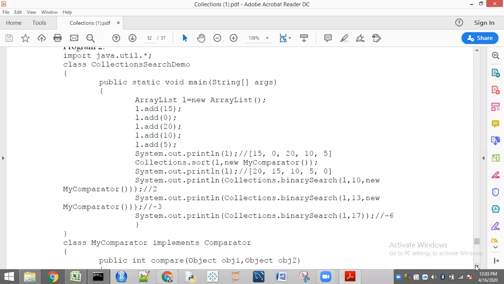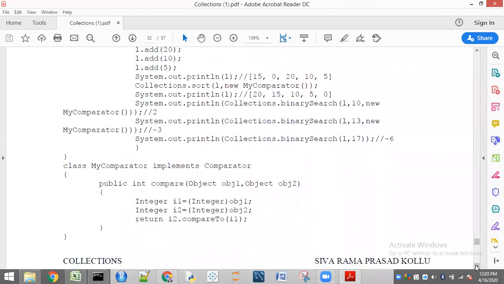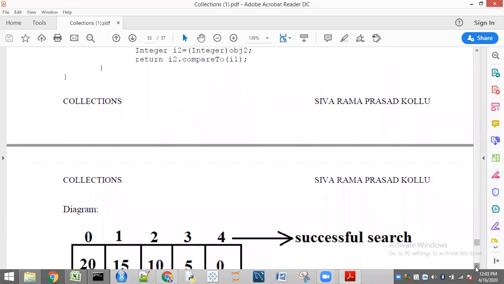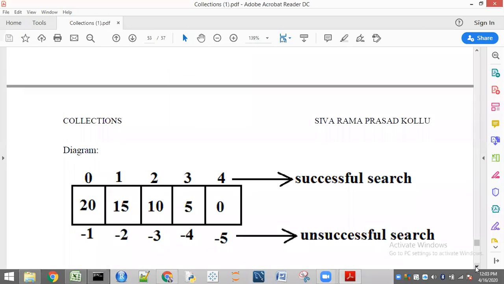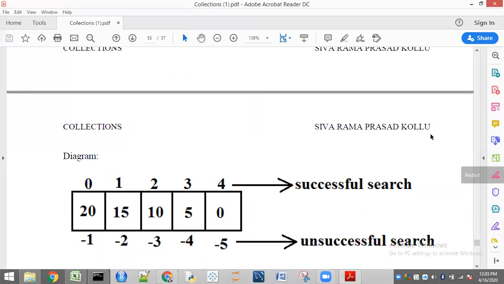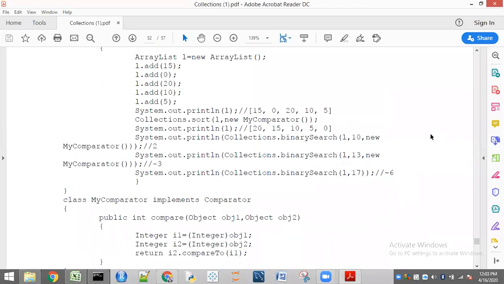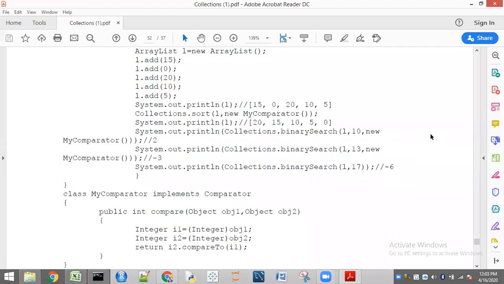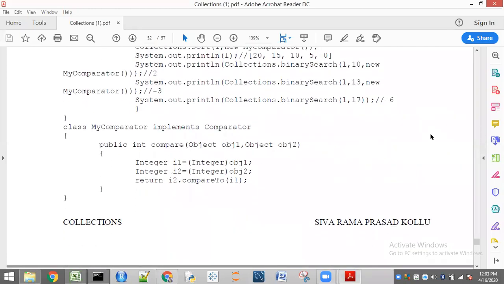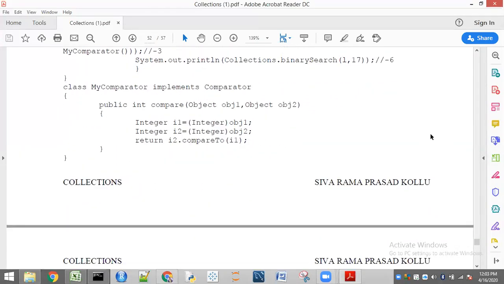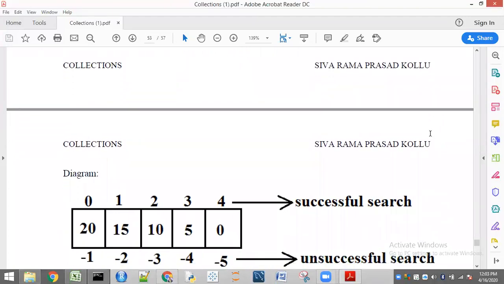Okay. Now see, I think here we are having some diagram. In this diagram, let us consider these are the elements we are having. In the first case, what I am doing is L dot binary search 10. That means in L, this is L, not L1, we are having some elements. In that, I am finding 10 by using a comparator object. Already we know the comparator object is in descending order. So I want to search for the element 10. Where is 10? See here, at index 2. So it is correct, no problem. It is easy to understand.